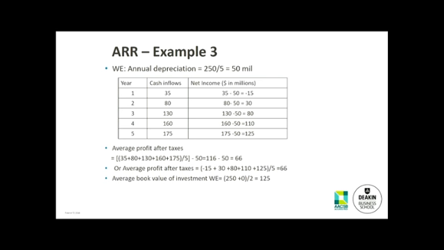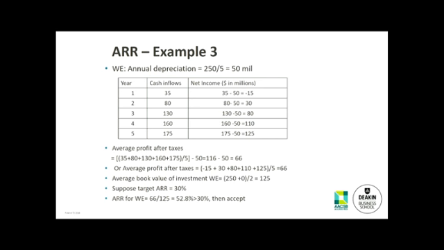Numerator, 66 million. Denominator, 125 million. Are you able to work out your accounting rate of return? Can you do that? Which is 30%. Oh, sorry, not 30%. Which is 52.8%. 66 divided by 125. Now, assume that you have a targeted accounting rate of return, which is 30%. And this figure may be prepared by your accountant. To this end, you will have your accounting rate of return, which will be